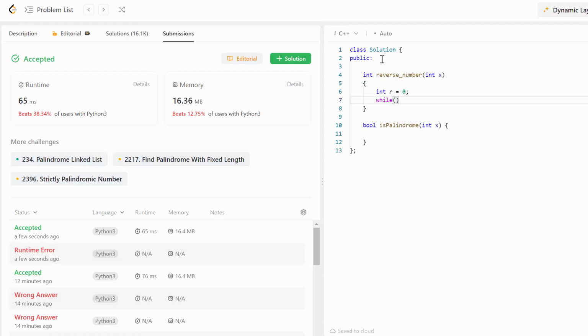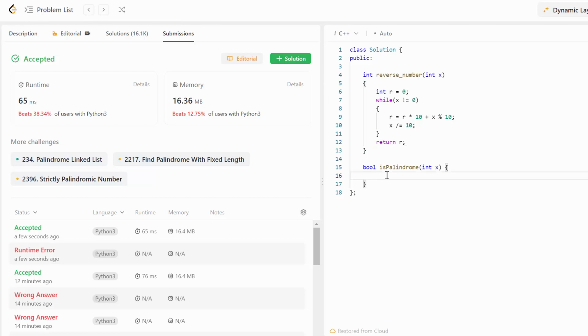And while x is not equal to 0, I'm going once again perform my calculation. r will be equal to r multiplied by 10 plus remainder of the division x by 10. And I'm going to divide x by 10, and at the end I'm going to return r.